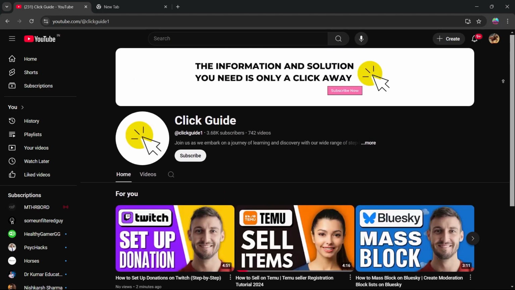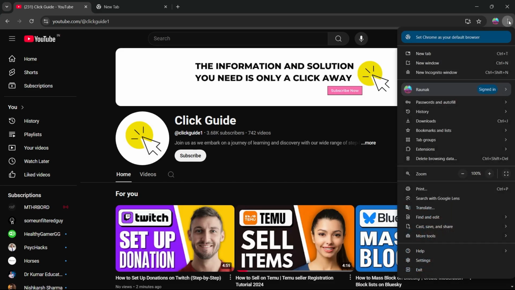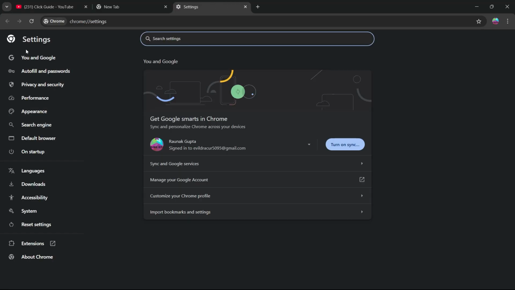For example, I will open our YouTube channel Click Guide. Now, I will have to click on the three dots icon in the top right side of the screen and it will show me some tools. Now, from this list, I'll have to click on the settings icon. After I click on settings, it will show up the settings page where I can see some tools at the